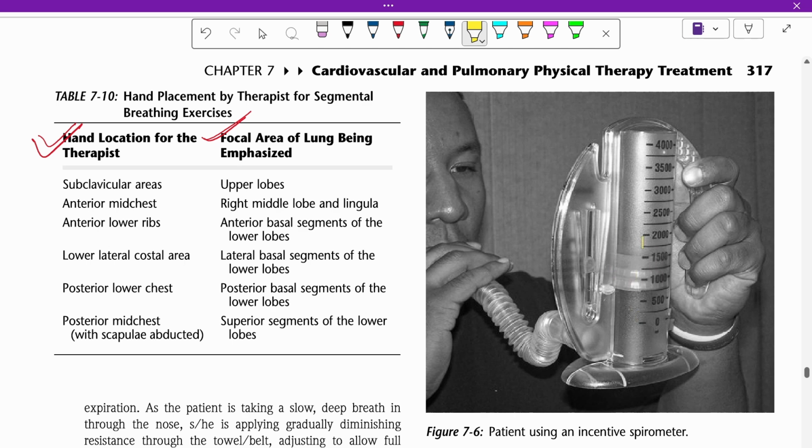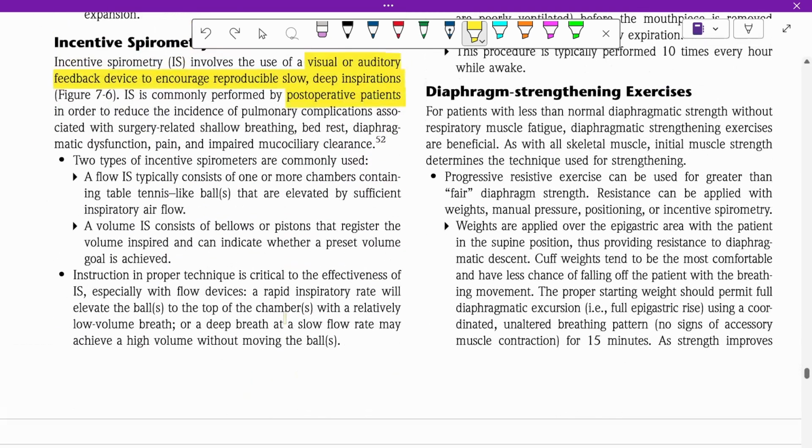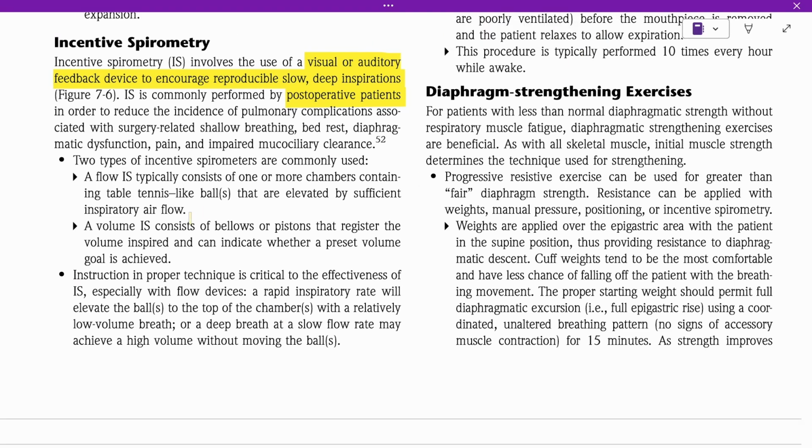A ball is placed over here inside the spirometer, which will resist the flow of air. A volume incentive spirometer consists of bellows or pistons that register the volume inspired and can indicate whether a preset volume goal